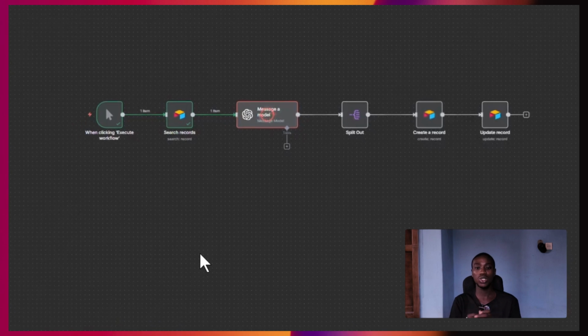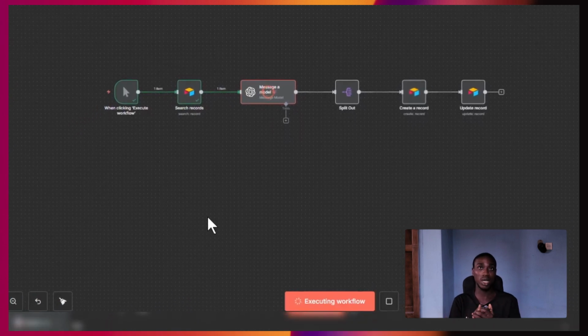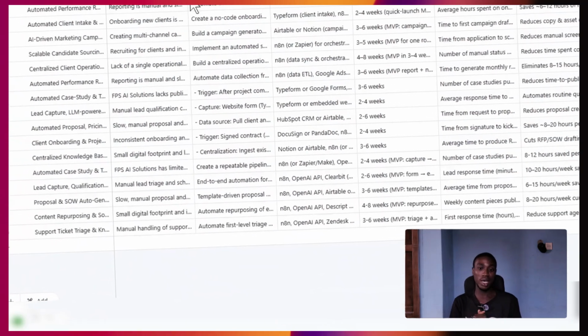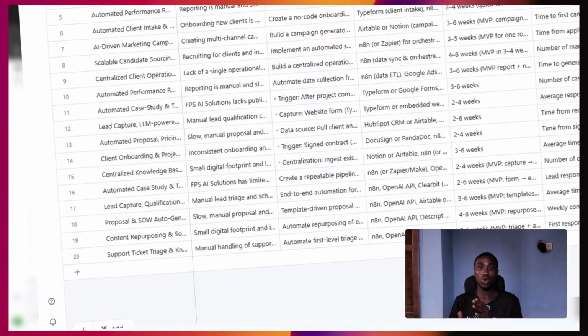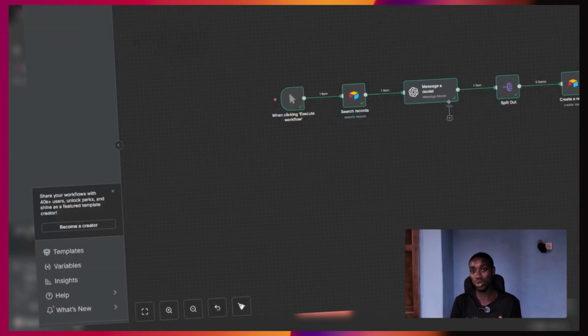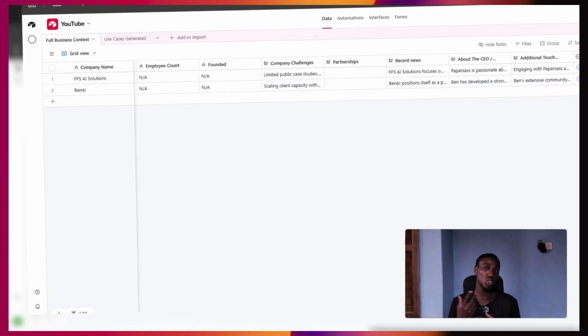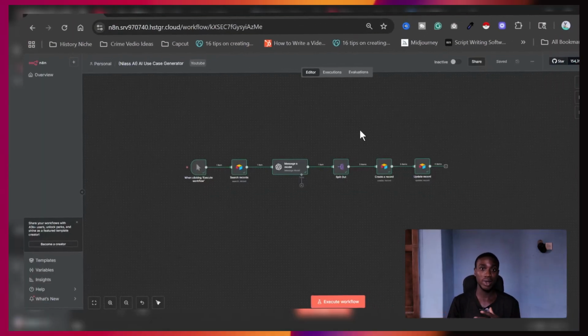Instead of cold outreach with no value, you can show up with personalized AI strategies, and that's exactly how you land clients. Whether you are running an AI agency or thinking about starting one, or you're a beginner and want to build real automation skills so that you can make money with it, you walk away with a working system. And we are going to build everything from scratch, fully step by step.